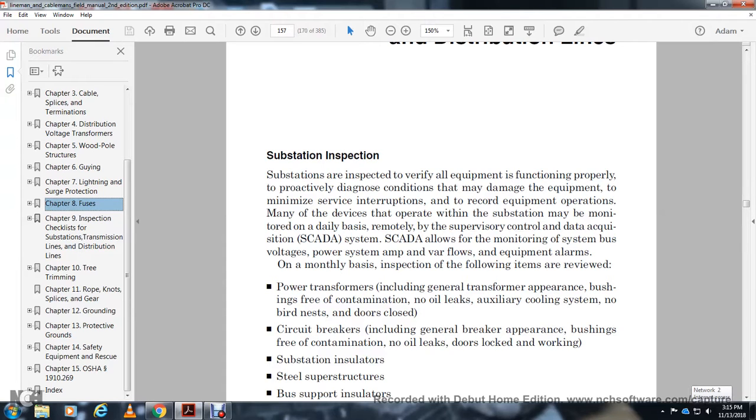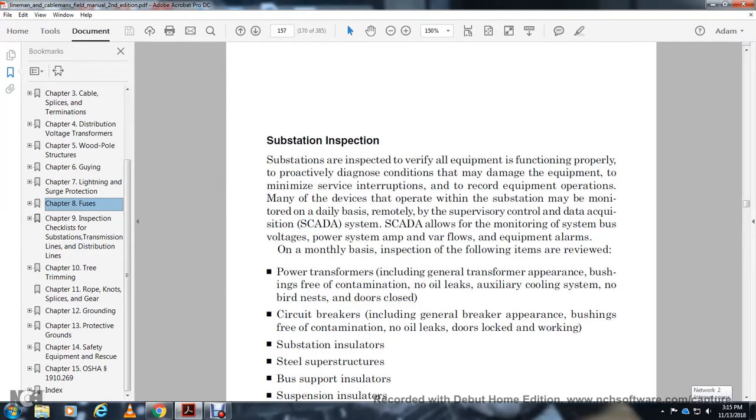the various flows of the equipment, and alarms. The monthly inspection should cover the following items. Review the power transformer, including the general transformer, the bushing free of contamination, no oil leaks, the auxiliary cooling system, no blurredness when the door is closed. Circuit breakers, including the general breaker, the appearance of the bushing, contamination or leaks, the dock locked, working substation insulators, shield, the substructure of the bus